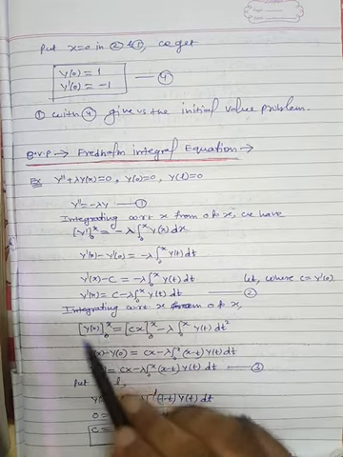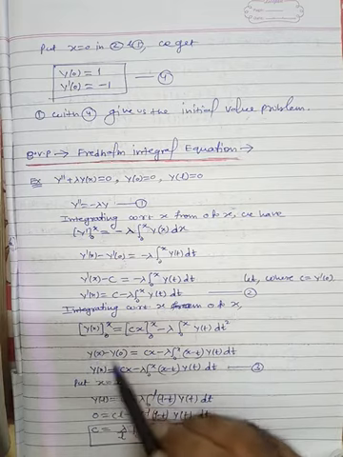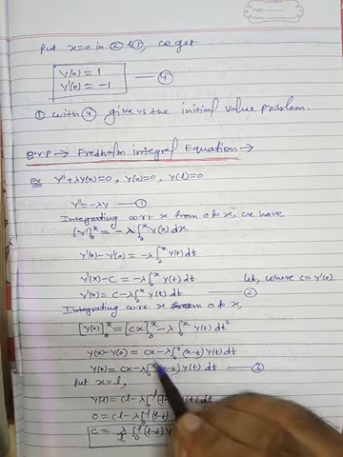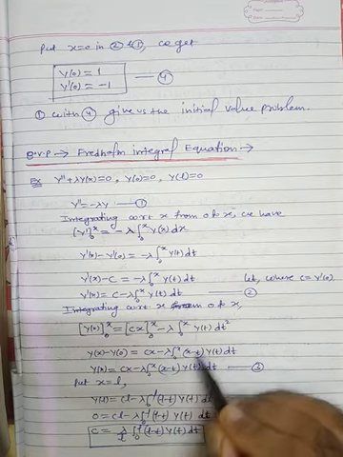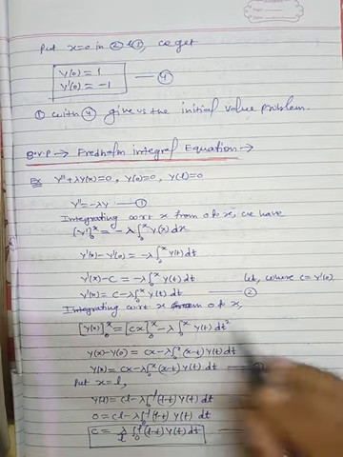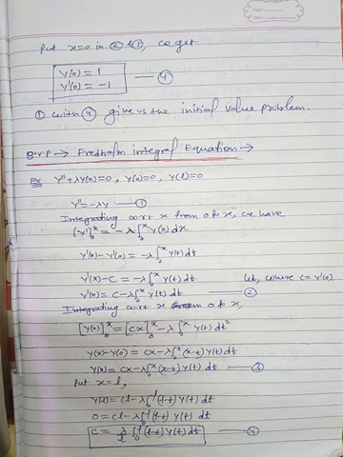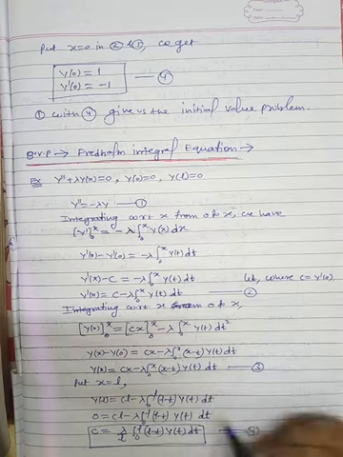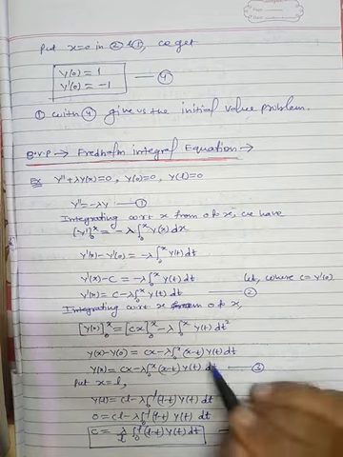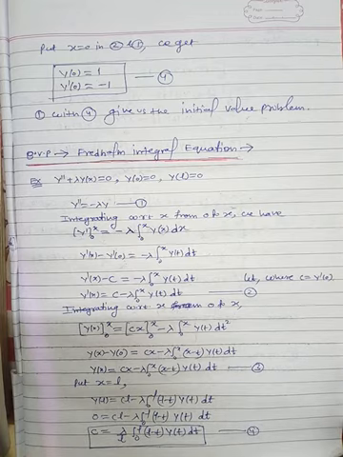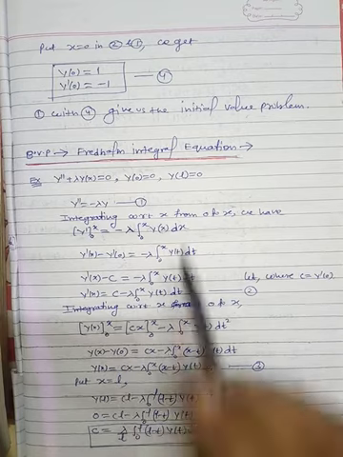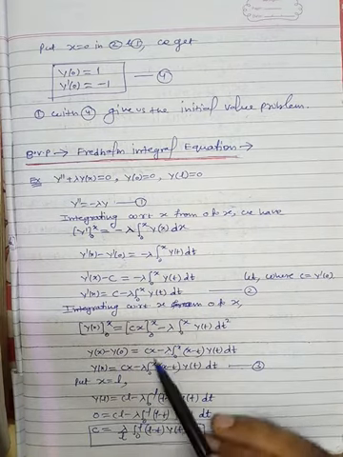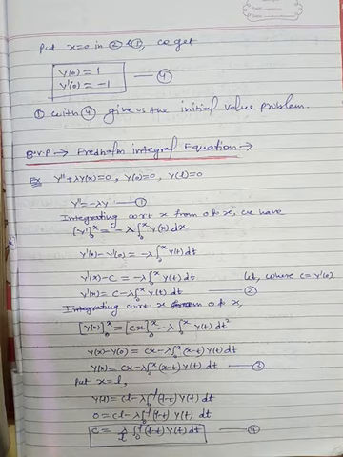So here the left hand side will be y(x) minus y(0) is equal to c x minus c 0. So c 0 is 0, so 0 minus lambda integral 0 to x. And now when we convert this into a first integral, we use that formula. According to that formula, this will be (x minus t) raised to the power 1 divided by factorial 1, so x minus t only, y(t) dt. Fine. So now y(0) is already given to you as 0, so put this 0, and we get y(x) equal to c x minus lambda integral 0 to x (x minus t) y(t) dt.